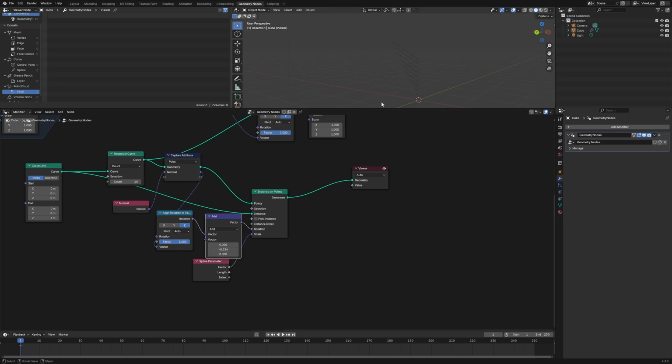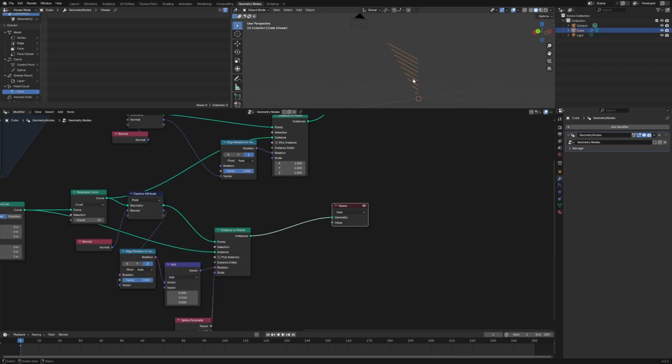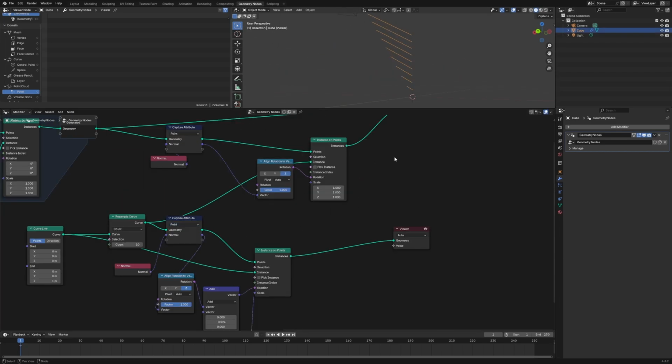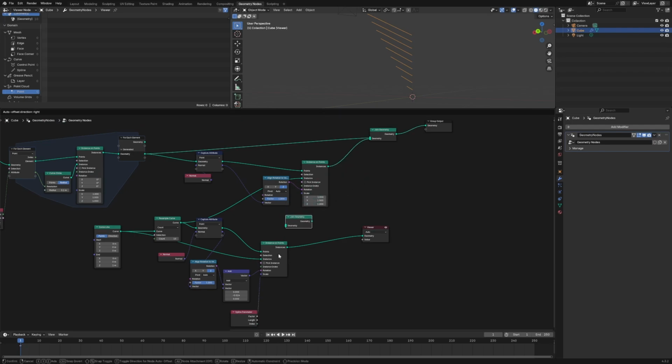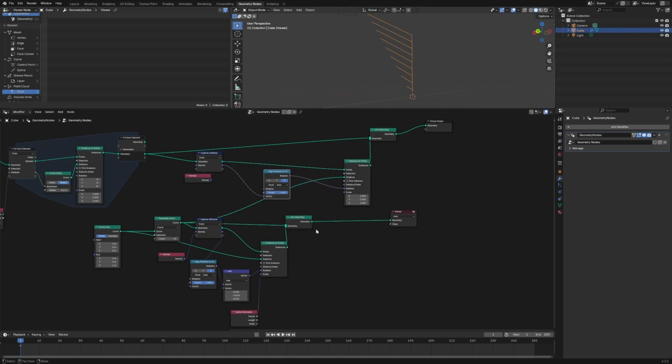Divided by 2. That looks okay. And if in the comments you want to write the exact angles for what that is, feel free. And then we're going to want to join this in as well. So here to here. Now we have that. And then what we're going to want to do is instance this along the snowflake,